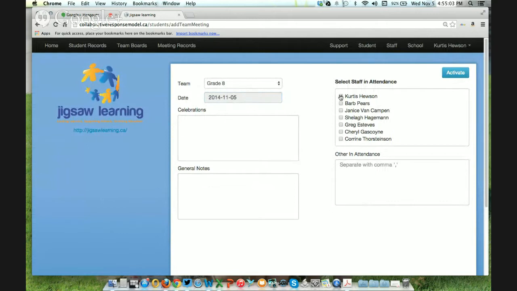We have Kurtis, Sheila, Greg, and Cheryl in the room. All of your staff that are potentially available for the conversation would be listed there, and you would just check off who is part of the conversation. And if there happens to be anyone who's not on that list, I can add them into other with a comment. Okay? And we're going to start the conversation by saying, okay, for our grade 8s, what are some celebrations